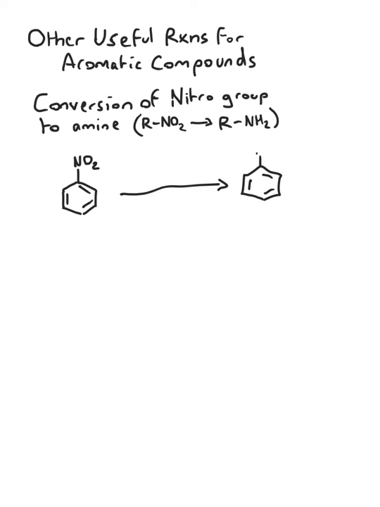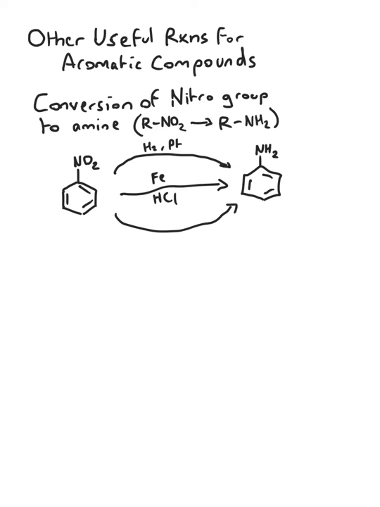aniline. Now, as we just saw in the previous video, aniline is extremely useful as we can do nucleophilic aromatic substitution with it if we convert the NH2 into N2 gas. So how do we convert nitro into an amine? Well, first step, we could use hydrogen gas with platinum. Alternatively, we could use iron and hydrochloric acid,